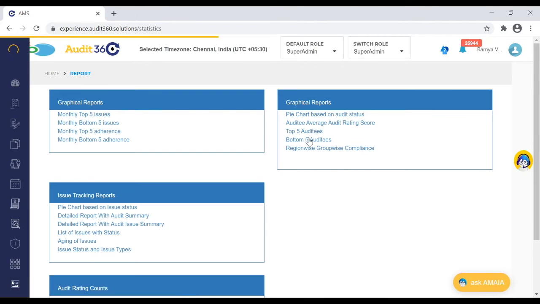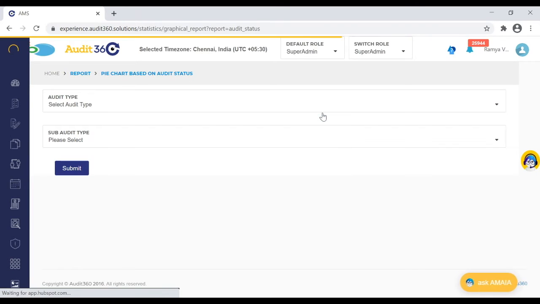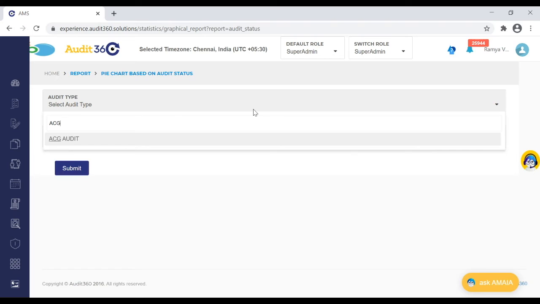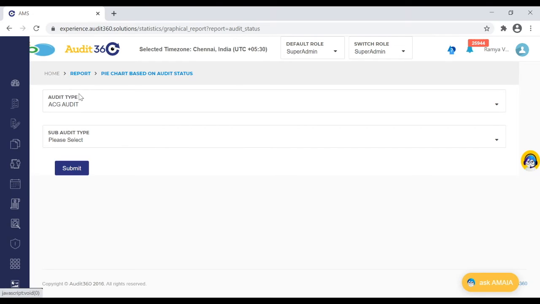Now over and above that, there are a few more graphical reports. First is the pie chart based audit status. Any audits which are scheduled, you would want to know what progress is happening. You can always review it in the status here. So I will choose a different audit type, and I click on submit.